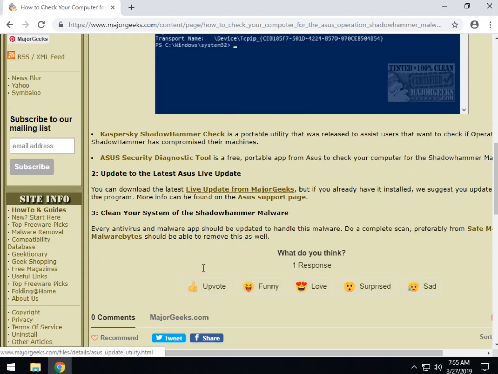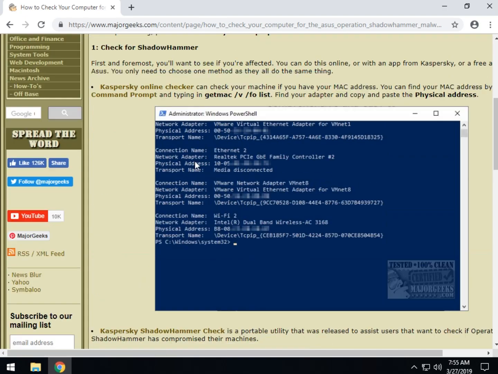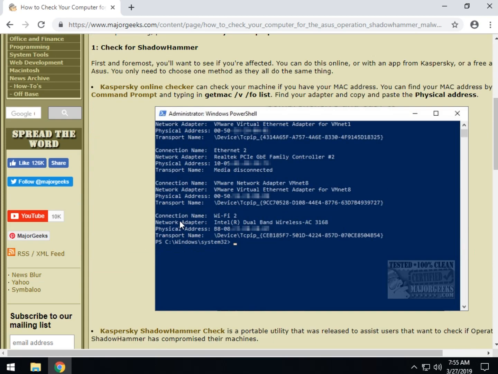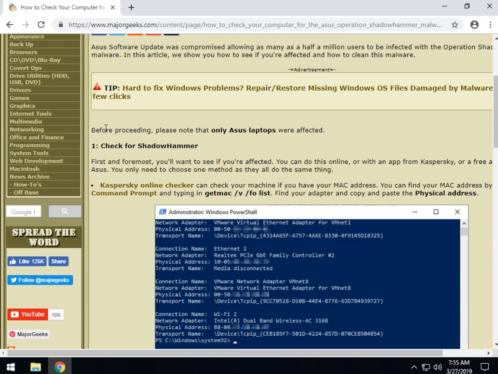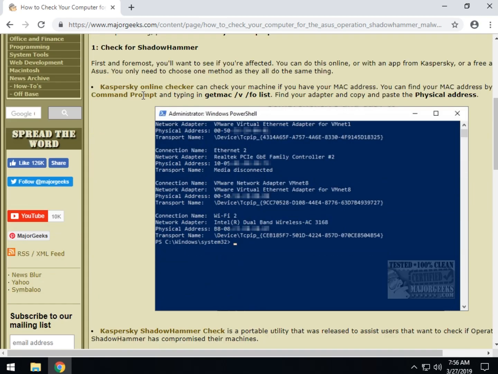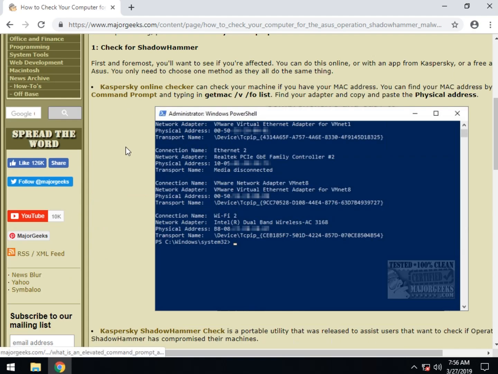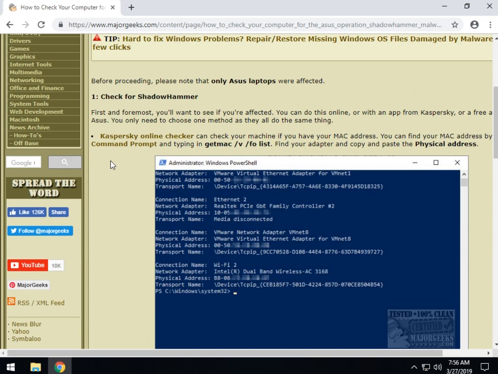We can update the article as we go on the official page here that you're watching a video for. And if we hear anything new, we will update this page. So there you go. There's how to check for it, making sure you update the Asus Live Update, and how to clean your system, which should be relatively simple at this point. Hopefully we explained this to you the best we can,